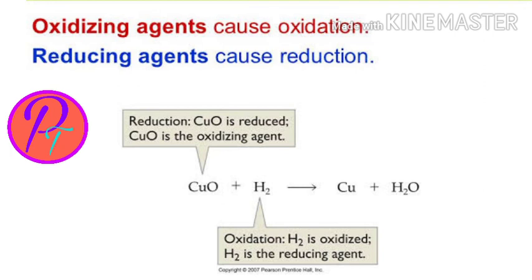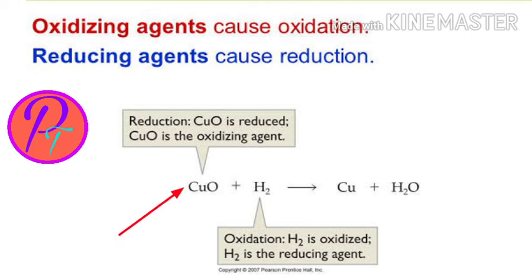In a redox reaction, an oxidizing agent gets reduced and oxidizes the other, while a reducing agent gets oxidized and reduces the other. In the given reaction, the copper oxide is reduced to copper in the presence of hydrogen. So, hydrogen is acting as a reducing agent. On the other hand, hydrogen is oxidized to water in the presence of copper oxide. Hence, copper oxide is acting as an